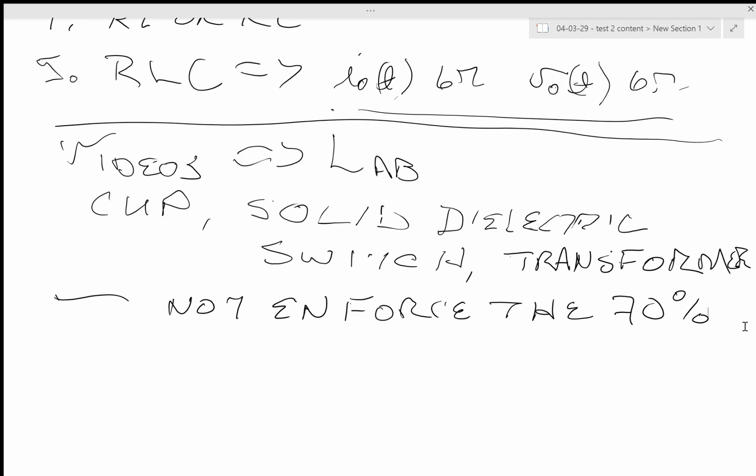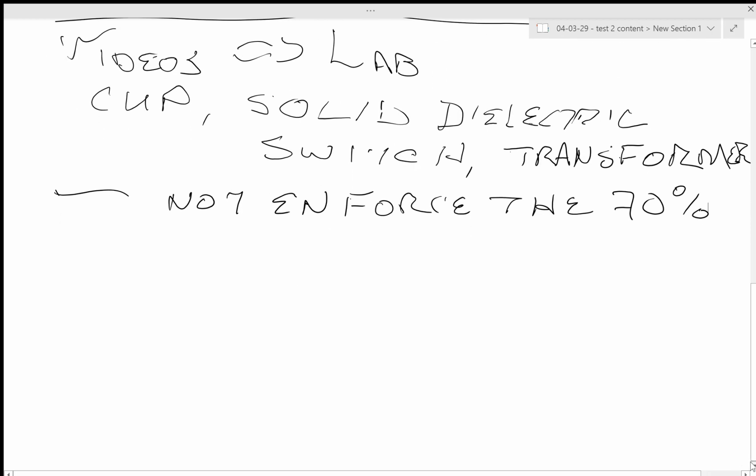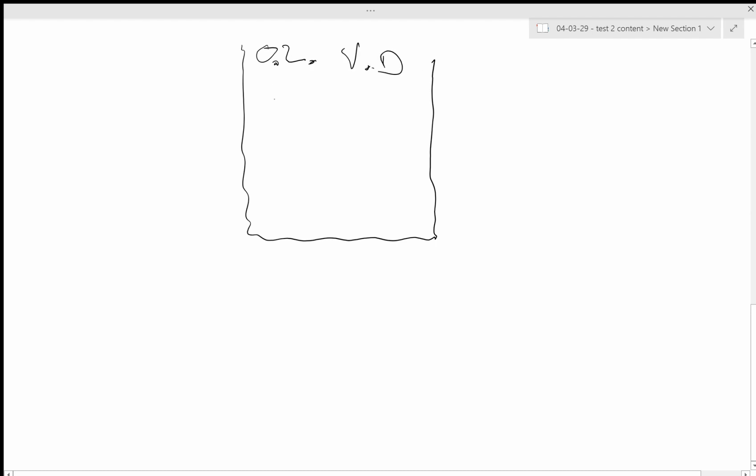So one last thing before we go, I'm just going to hit a little bit of AC. There will be no AC on the test. The only thing on the test will be DC and the transients. So again, we have that pocket of information. We have Ohm's law. We have voltage divider. We have current divider. We have KVL. We have KCL. We have mesh,